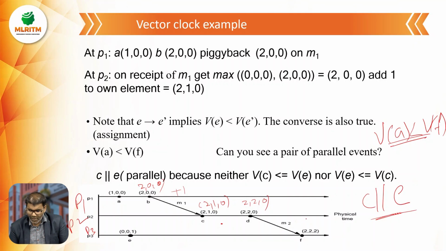Here, after incrementing the 2, we are getting 2 comma 2 comma 2. Like this we are getting. So here